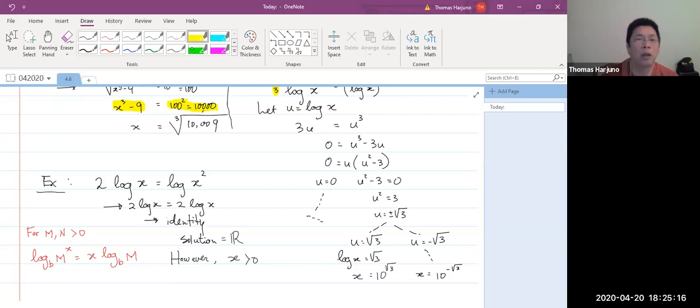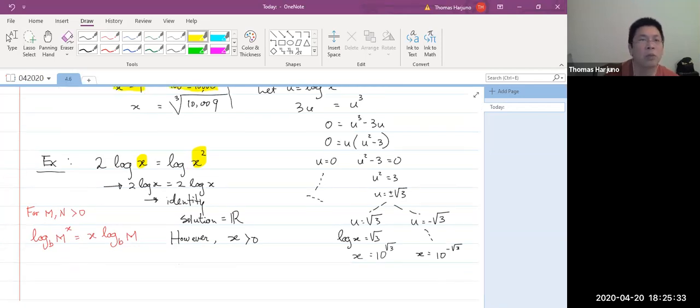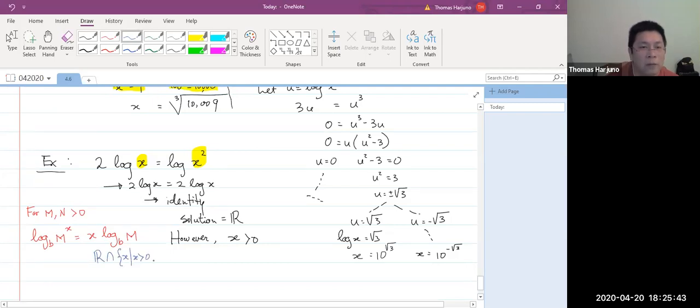The argument has to be strictly positive. Now, this guy here cannot be zero. Strictly positive for the x, and x squared cannot be zero. Basically, still strictly positive. So if I do, quote unquote, the intersection between all real numbers